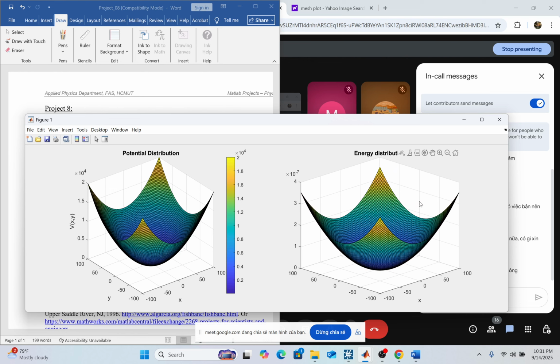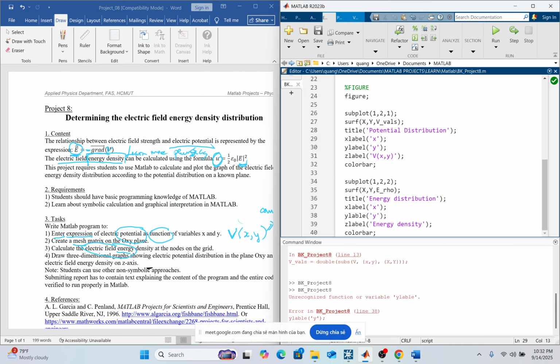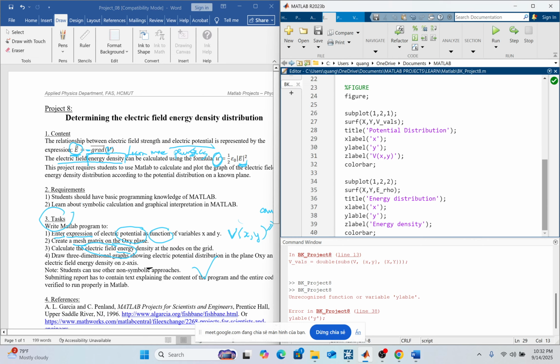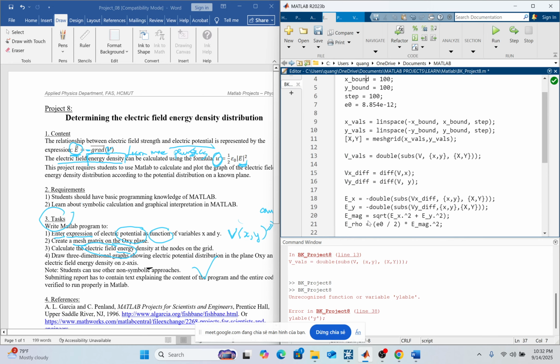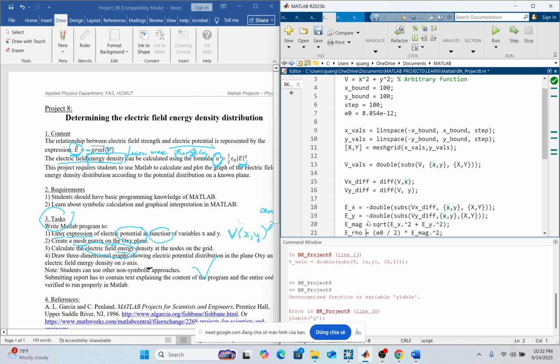The further away from the origin, the more energy the space has due to the electric phenomenon. Okay, and that's the end of our task, but I don't like to stop there because it's too easy. As you can see, I only used 40 code lines and I finished my midterm test. It's too easy for me, so I don't like it. But I'll tell you about something more.